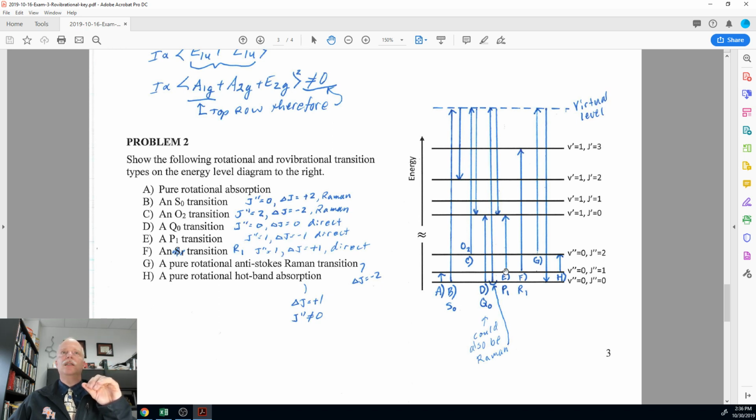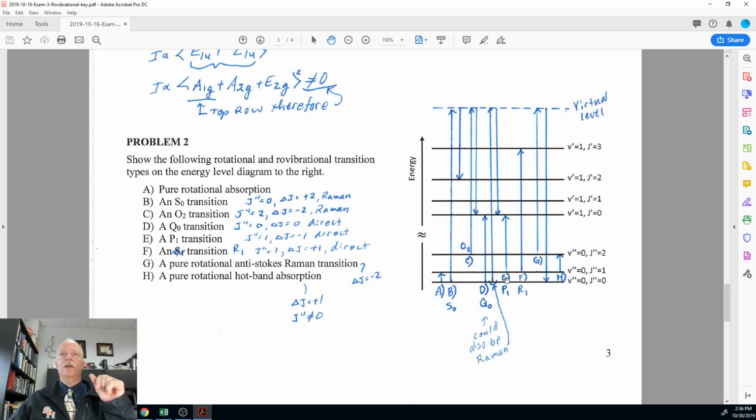So a P transition is the delta J minus 1. So I'm starting in J double prime equals 1 and going up to J prime equals 0. So notice how J went down by 1 value, and V goes up by 1 because it's an absorption. And so we have the rho is a delta J minus 1, and the vib is a delta V plus 1. So that's a P1 line,